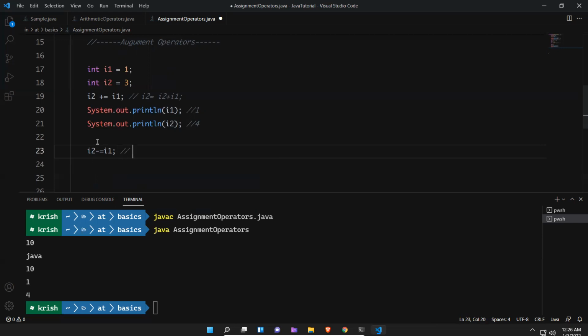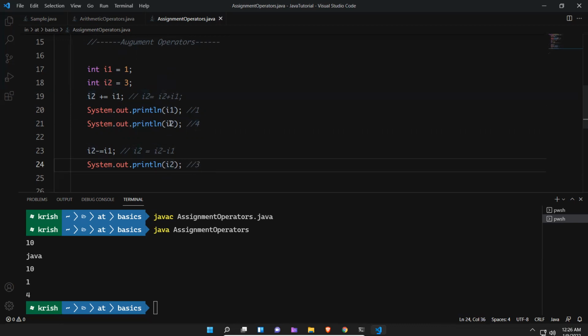It will become I2 equals I2 minus I1. Now again I will print the same statement here. So now what will happen? Here the I2 value is what? 4. I1 is 1. 4 minus 1 is 3. It should print 3 now.